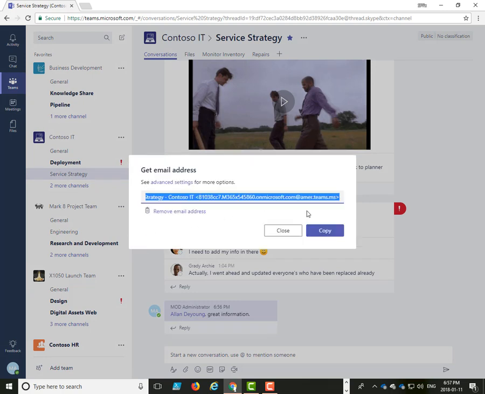So in this particular case, I'm going to open it up here. And as you can see, there is an email address which typically has the channel name and then the team name. And then there's going to be an email address that is unique for Microsoft Teams to that specific channel. So if I were to now email anything into that email address, it will end up inside of the conversation stream.